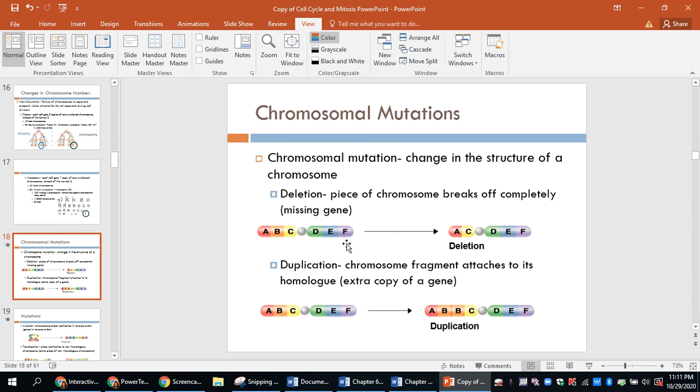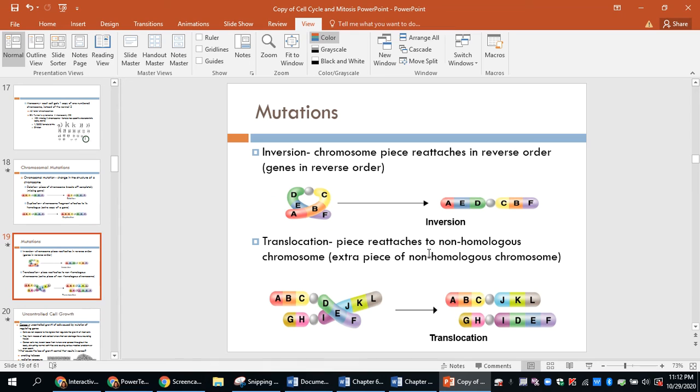They can also look at chromosomal abnormalities where parts of the chromosome may become deleted, or they may have an extra part duplicated. Sometimes when they break off, they can